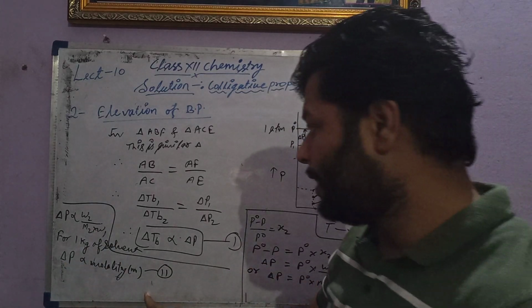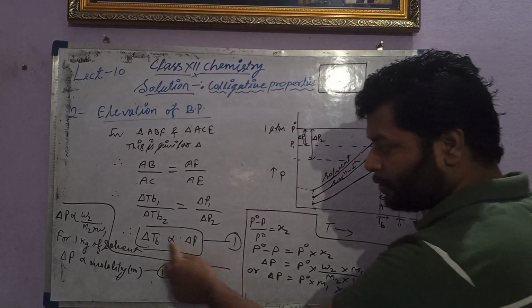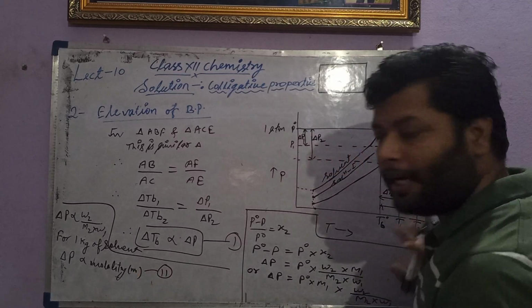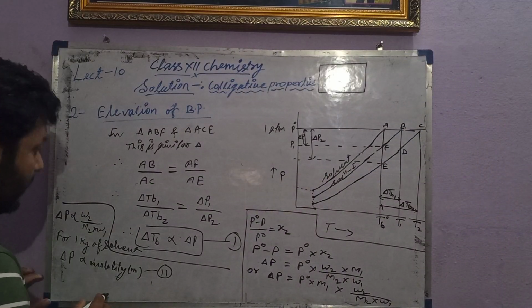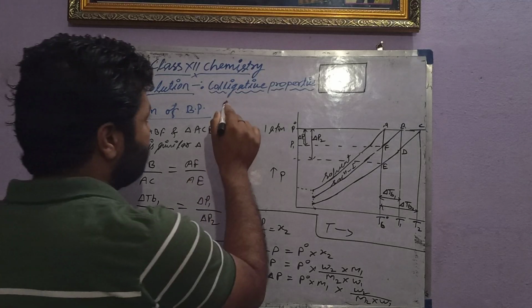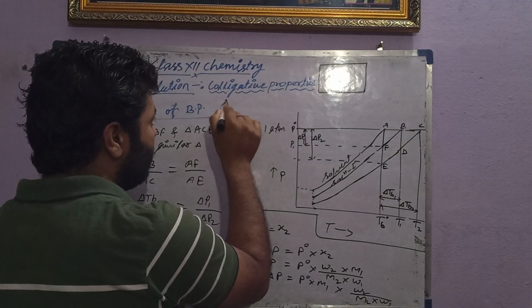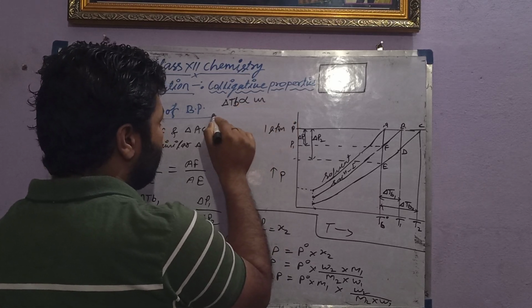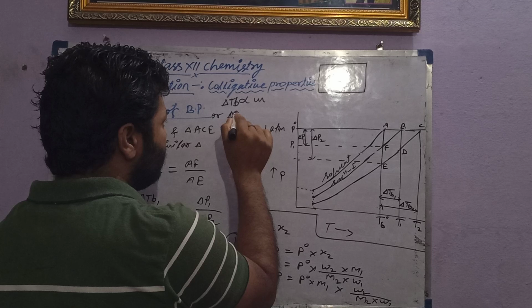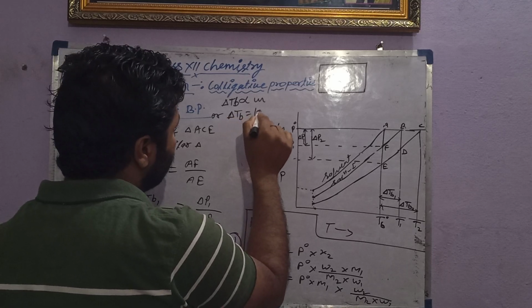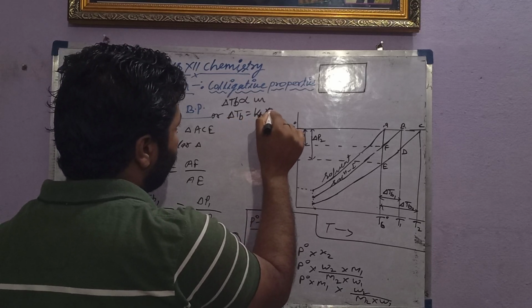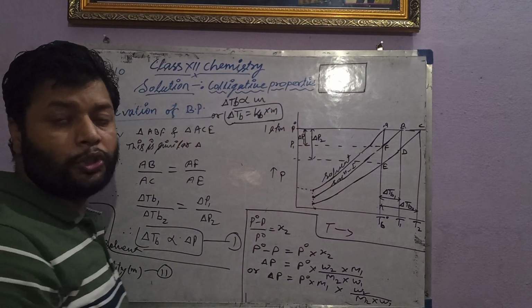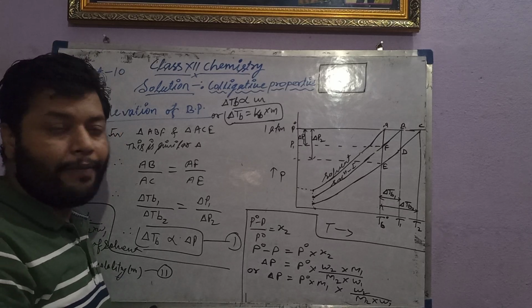Delta P is proportional to molarity, and here delta P is proportional to delta TB also. So instead of delta P, we can write molarity. Therefore equation first can be written as delta TB proportional to molarity, and when we remove the proportionality sign, we use one of the constants, called Kb, the ebullioscopic constant or molar elevation constant.